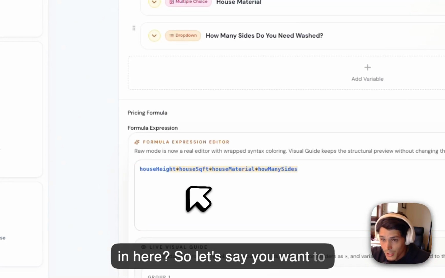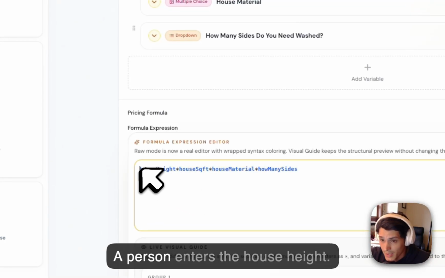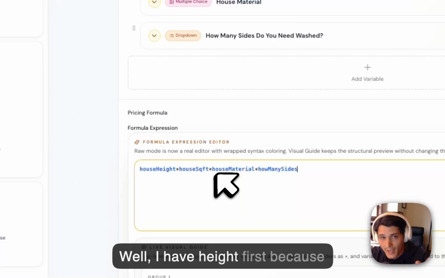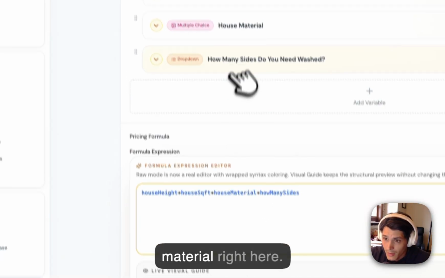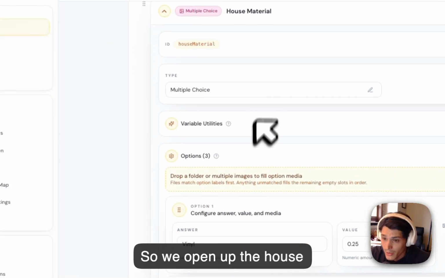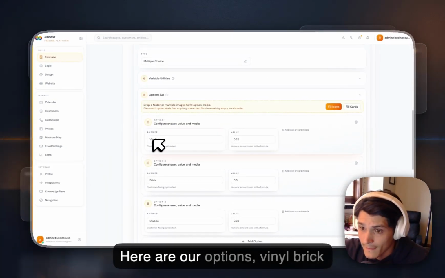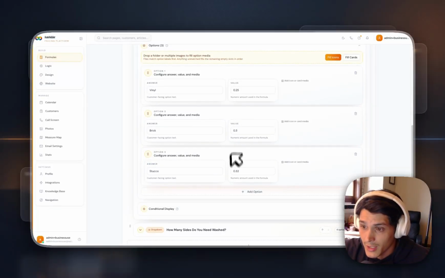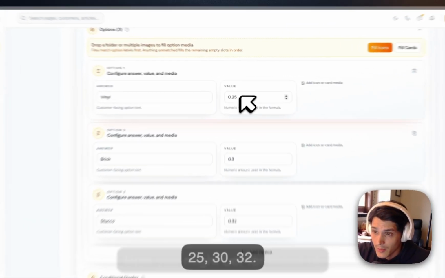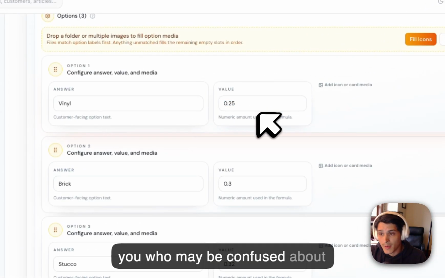So let's say you want to charge 25 cents for vinyl. A person enters the house height. Well, I have height first because that's a big key factor. But in this case, you would set material right here. So we open up the house material. Here are our options: vinyl, brick, stucco. Okay, 25, 30, 32. Now, for those of you who may be confused about this part, this